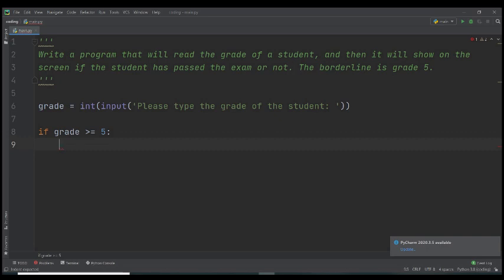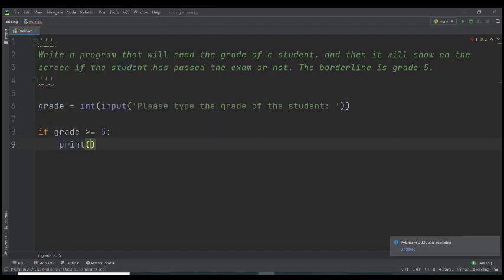If I want to type something inside the if case, I cannot type it there. It is very important to type it exactly on the position the cursor is right now. So if grade is greater or equal to 5, then